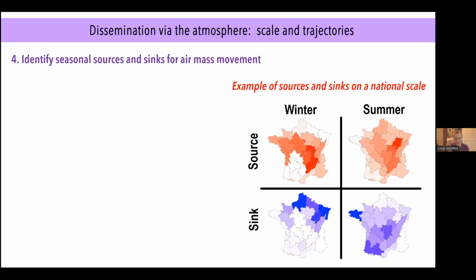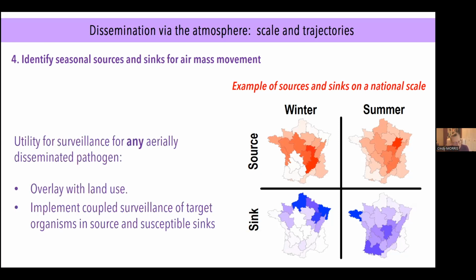So for example, here's a map that the colleagues made that, based on those data, says what sites are linked in the winter and summer, and what's a source and what's a sink. So you can see in winter the sources are indicated in red and the sinks are indicated in blue. That would tell you that things are generally moving from those red places to the blue places. And likewise for summer, the sources and sinks change, and that makes sense because crop production changes, right? And also seasons change, right? So